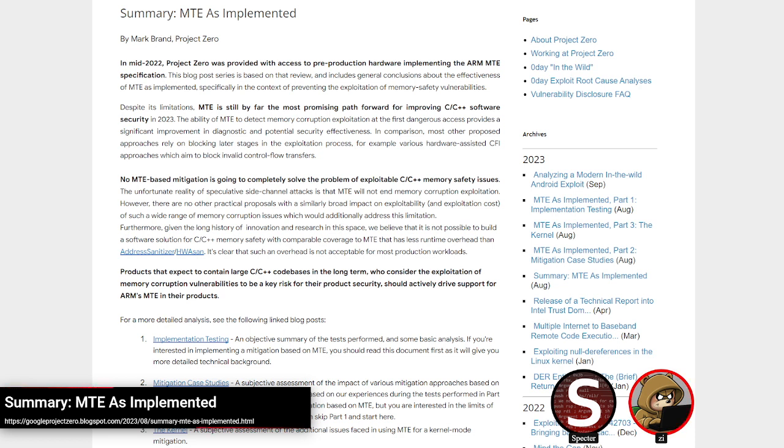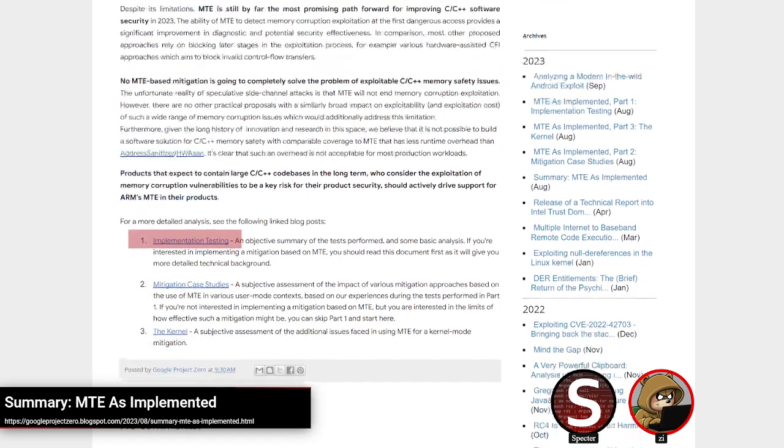So we do have, as mentioned, three posts. If you just want to jump in and get a look at the big picture issues that they see with MTE, and get an understanding of what they're thinking about, it's just the first post, which is their implementation testing.